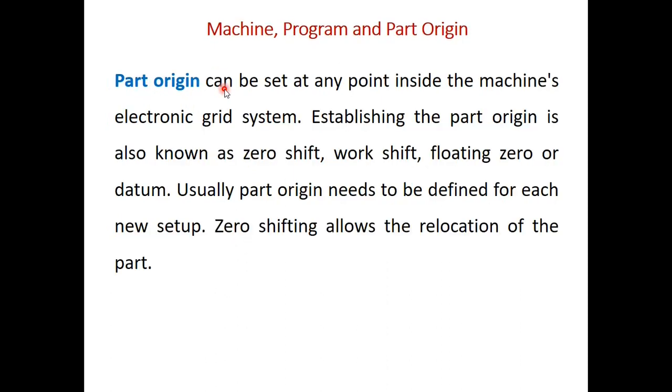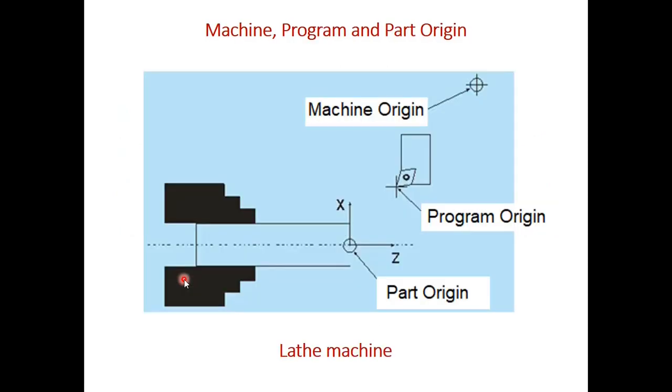Next is part origin. Part origin can be set at any point inside the machine electronic grid system. Establishing the part origin is also known as zero shift, work shift, floating zero or datum. Usually part origin needs to be defined for each new setup, and zero shifting allows the relocation of the part. So part origin is nothing but a point on the workspace where you define 0, 0. We can understand this using